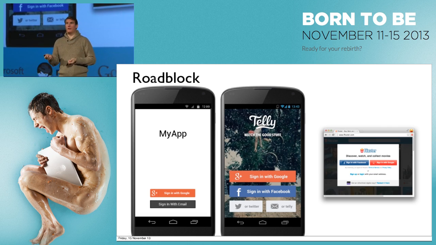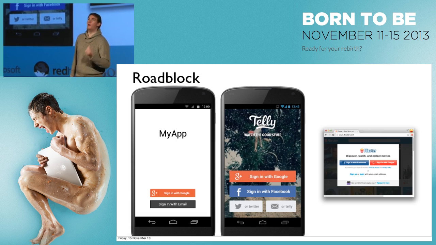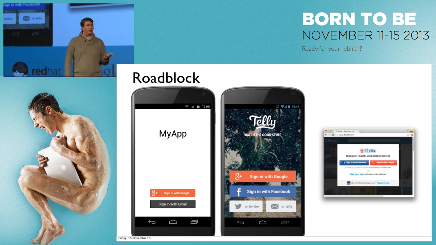But it's not very user-friendly. When you're doing this, you're saying, give me your identity right now. And really, they have no reason to do so. They have to guess whether it's worth signing into your application. They don't know why they're going to be asked for permissions. They don't know why you're going to do this. They just are being asked.